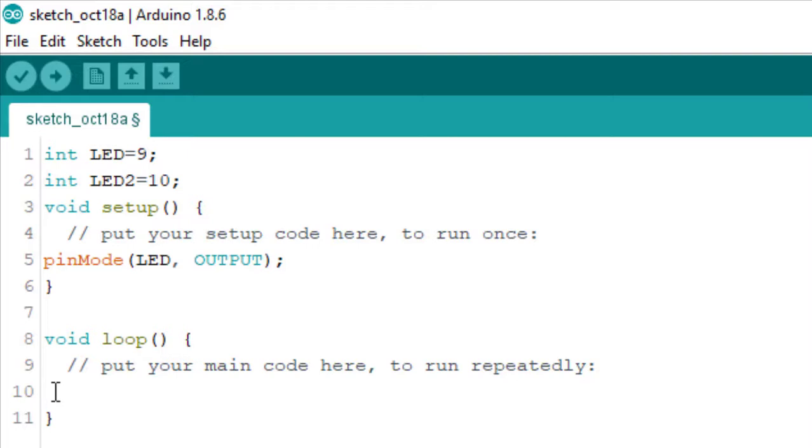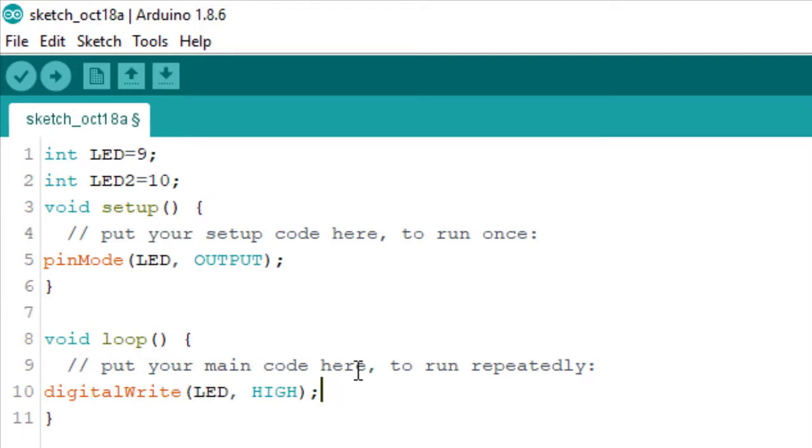So you have to specify that you are going to use the digital mode. Now the code has been written,